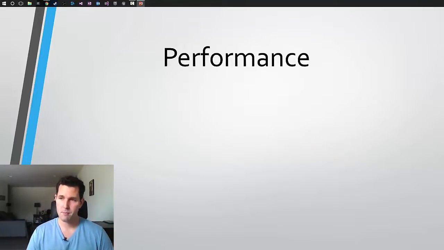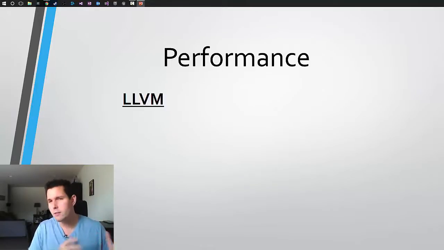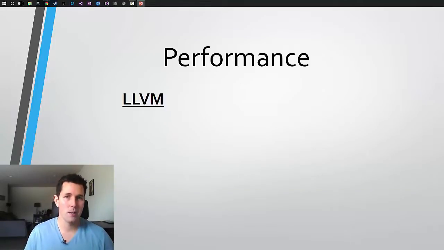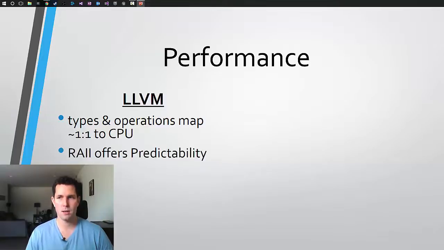And in terms of performance, right, you're thinking, okay, my application absolutely flies in C or C++, but the browser, like I said before, previously it was known for being, nice to say, somewhat slow, but it's definitely seen a huge improvement in recent years, right? So in LLVM, types and operations map roughly one-to-one to the CPU cycles. And RAII offers